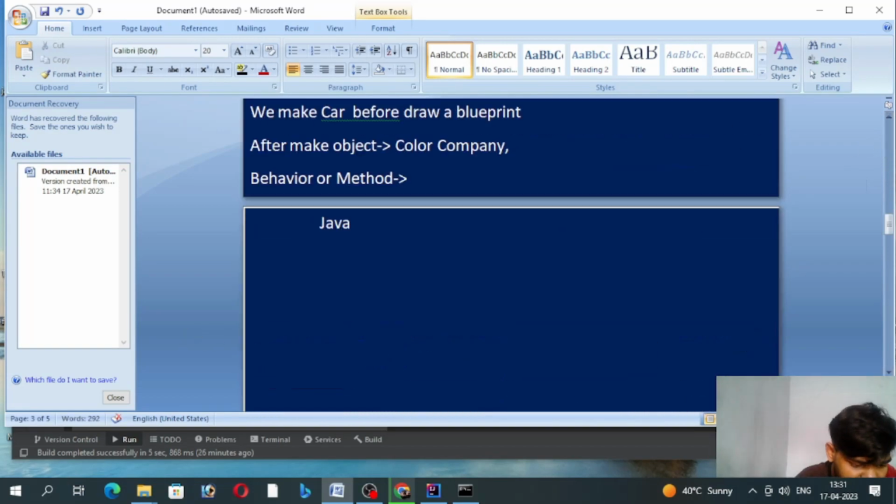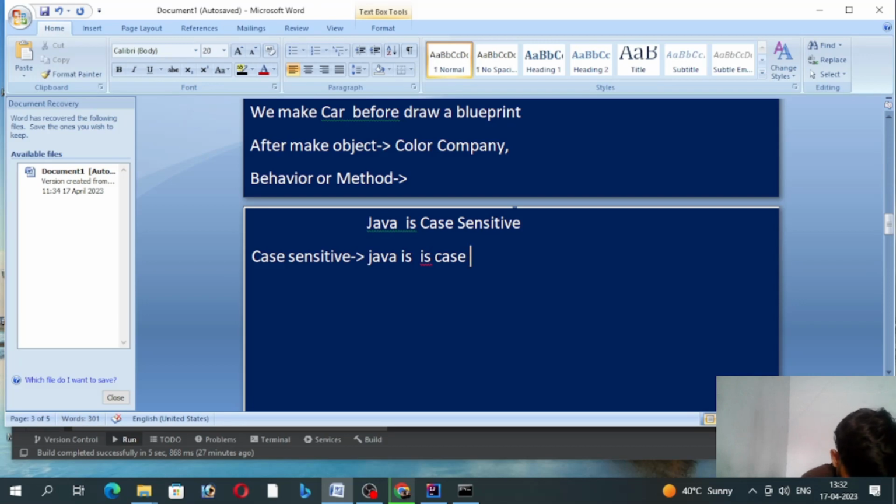Java is case sensitive. Java case sensitive means Java is a case sensitive language, which means